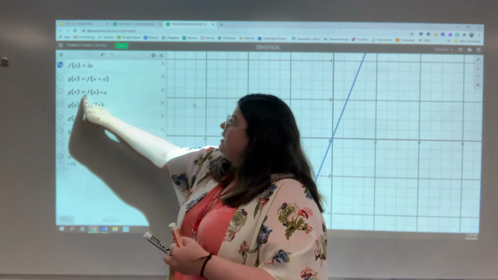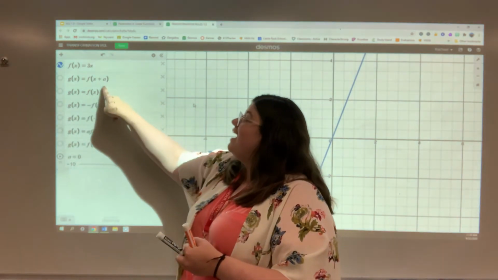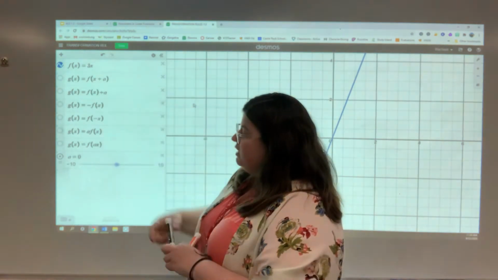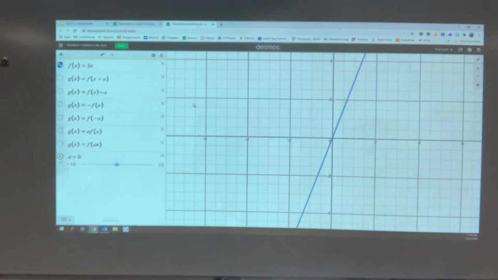It says g of x equals f of x plus a parameter. So I'm going to make a equal to 9. I'm just describing what this process is. All right, hang on, let me put it back at 0. There we go. So if I turn on this transformation, f of x plus 9